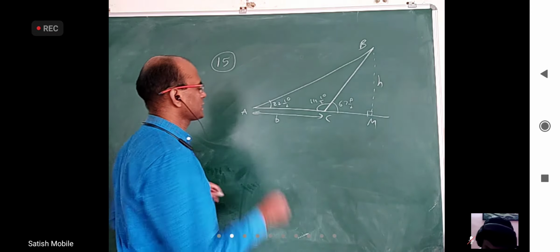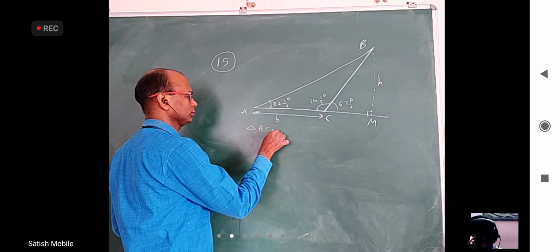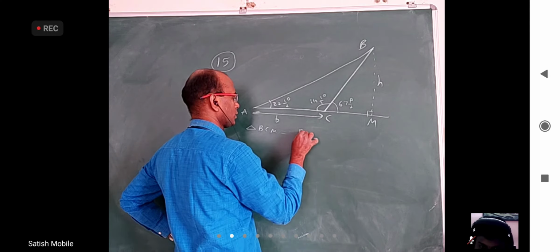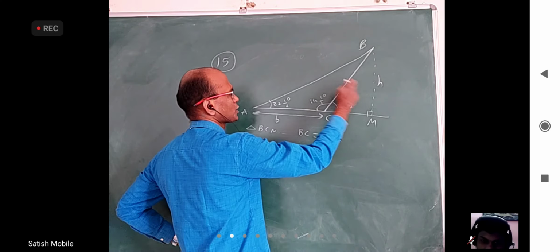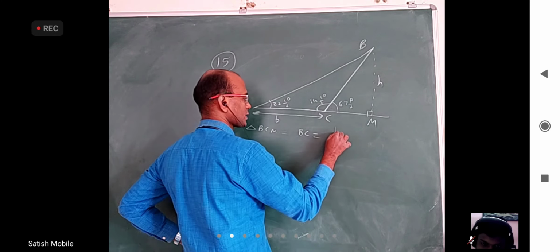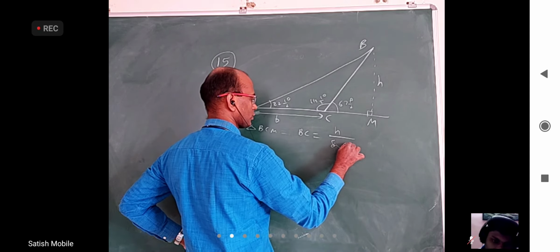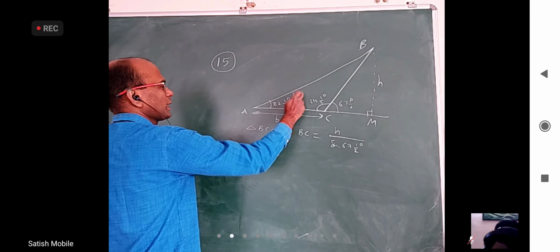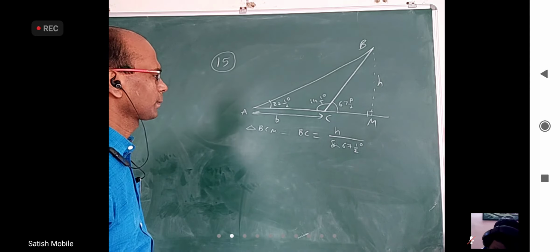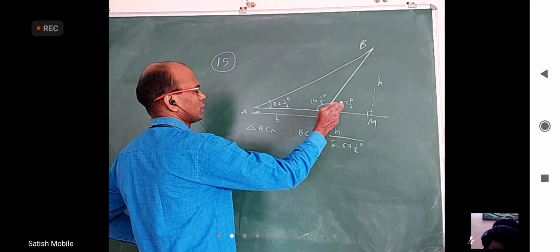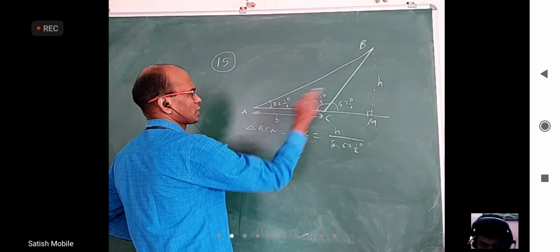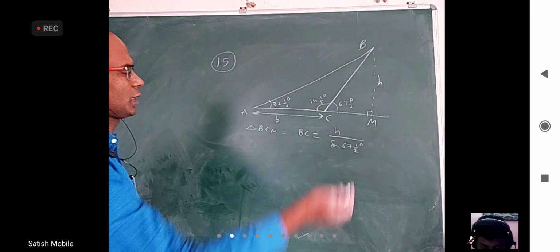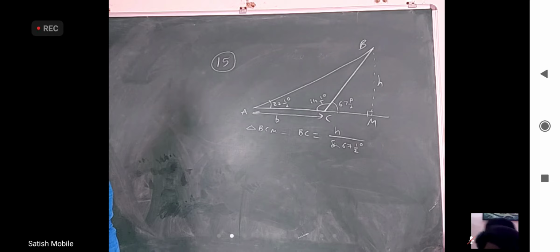From triangle BCM, I can say that BC, if I take sine, I'll get this by this. So, H by sine 67 and a half. Okay, now I want to apply sine rule in this triangle. Or you can even write H cot of this minus H cot of this will be b. Like that also somebody can do. Take the total triangle. Maybe that is easier. You can apply sine rule also, it will come. Either way is fine.